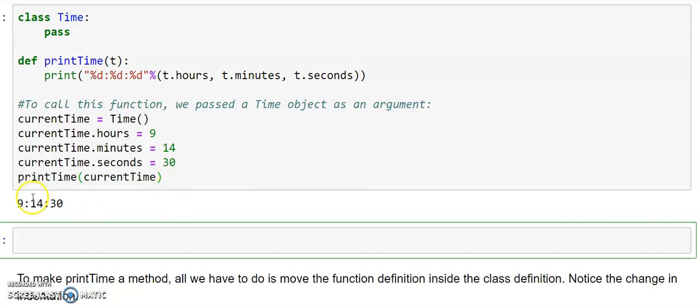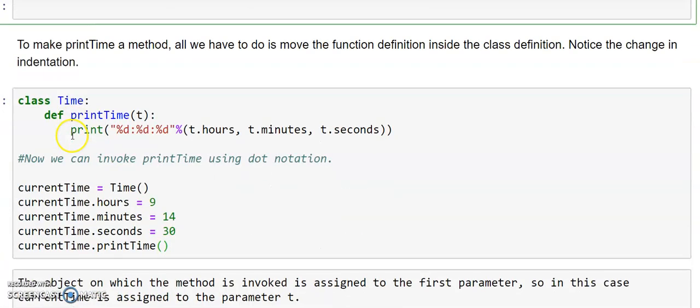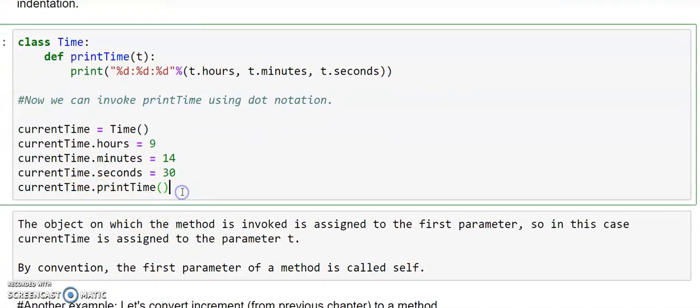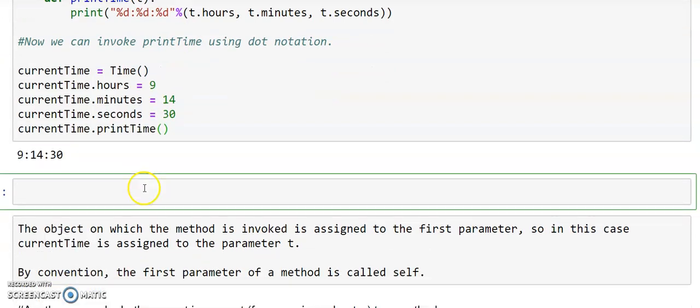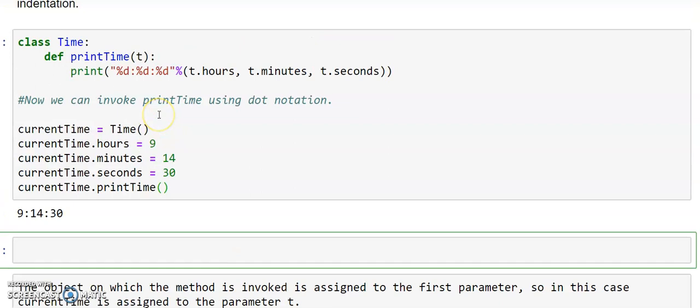So this is the output of executing it as a function. What we are going to get is the same thing, but we just make it a method, with no changes in it. Now what we are doing is writing an object dot the method and passing the parameters. In this case we have only one parameter.